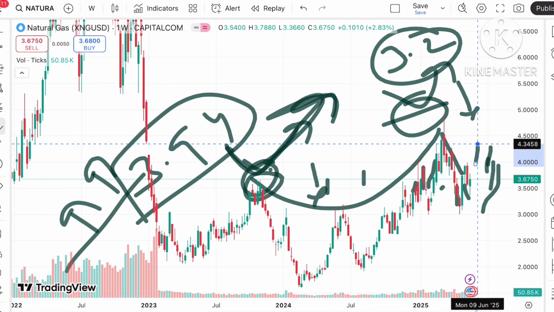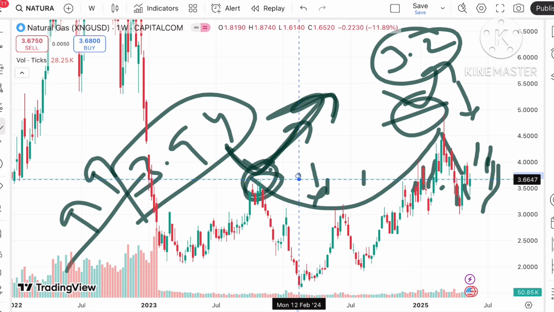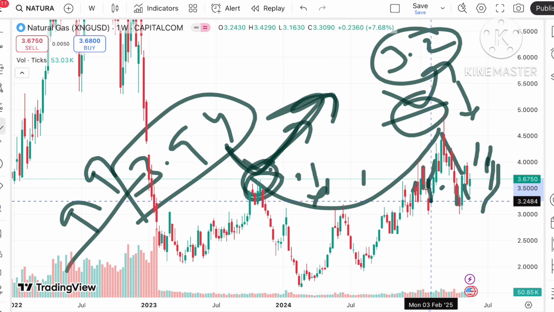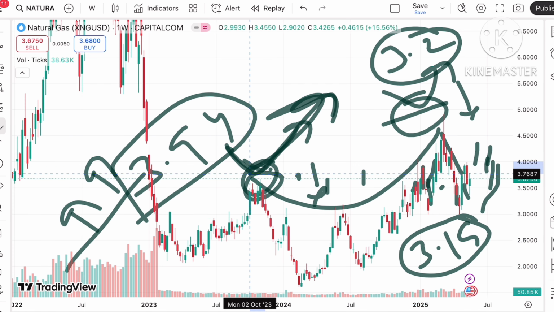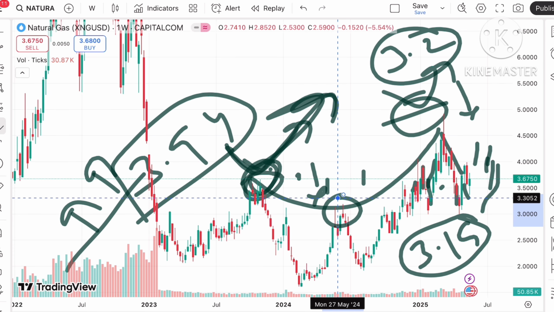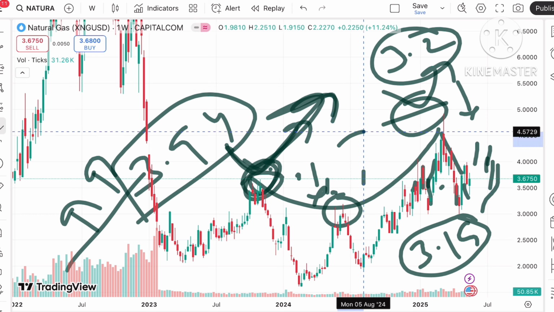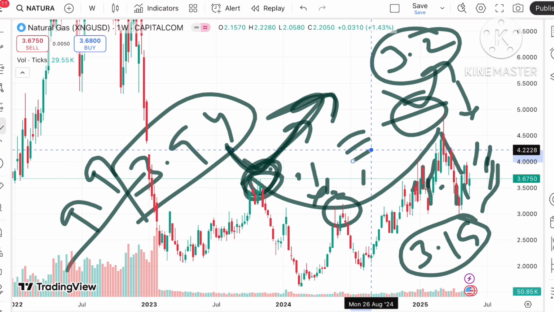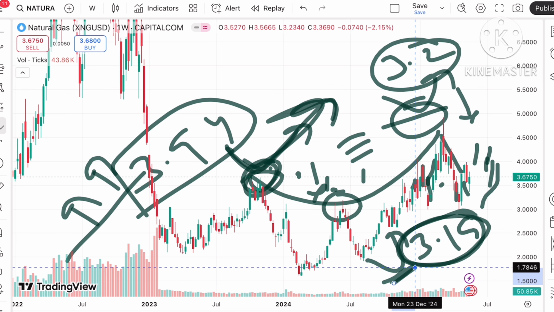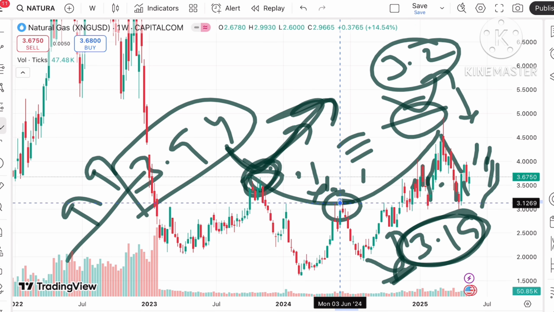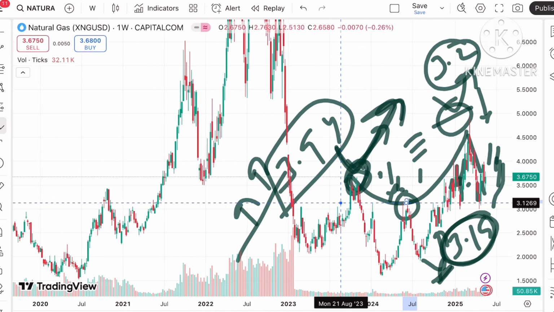So these are two bigger important levels, that is a level of around 3.66, and the next level is 3.19. These are the two biggest supports. If the price starts falling below this level, it can touch this particular level, and in between there are small supports also, but chances are high we can see a big bounce back from these two levels. Or if it falls below this level, the chance of touching 3.19 is on a higher side.